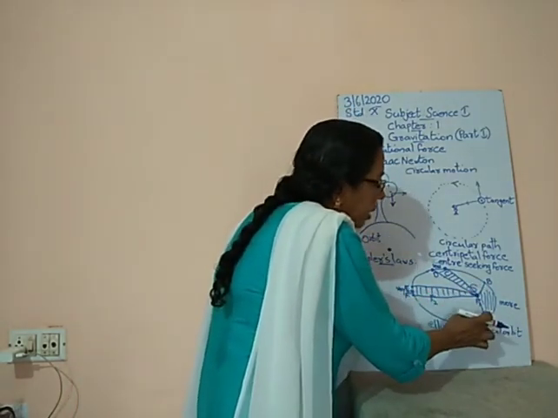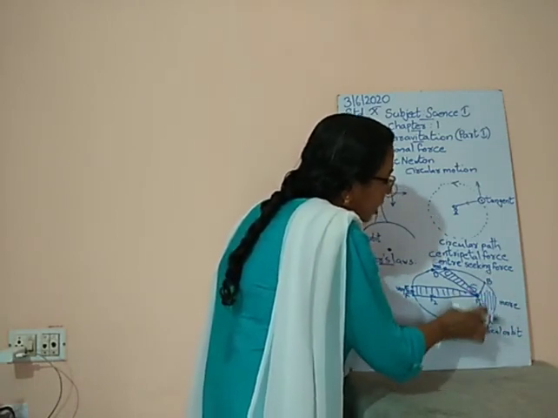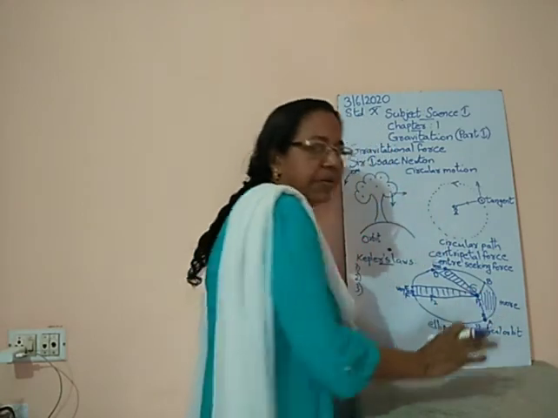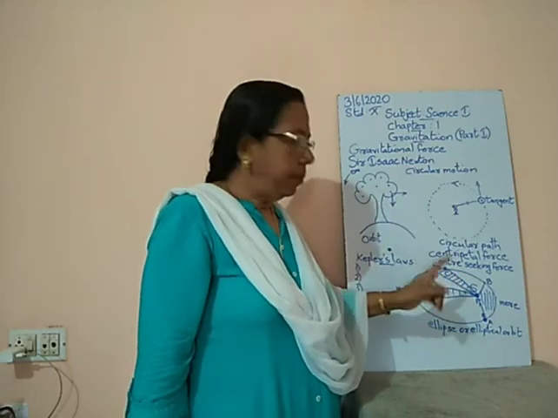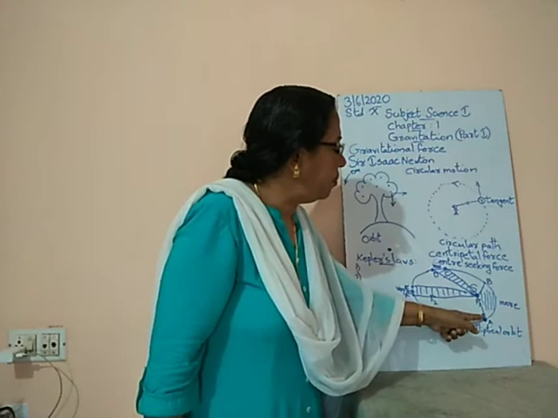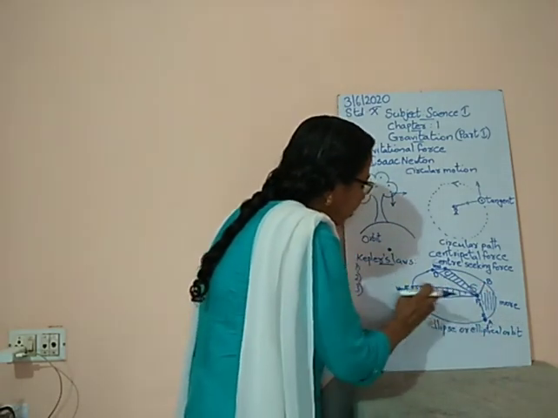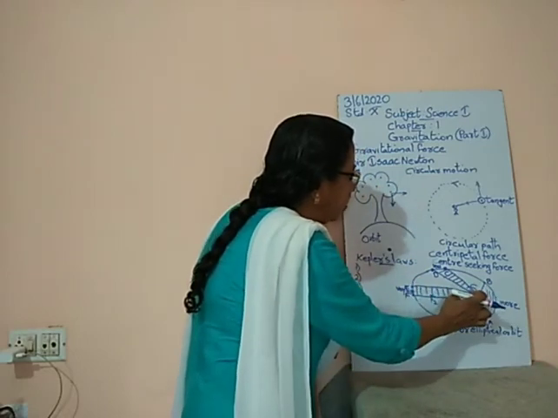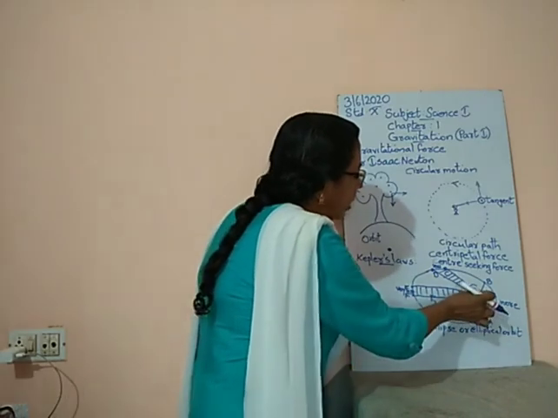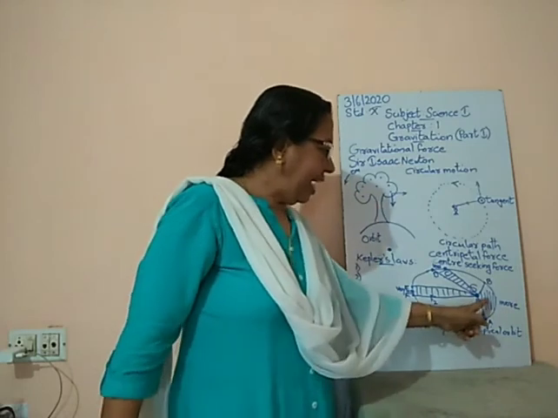Here, the attraction between the planet and the Sun will be more, not between the planet and the Earth. At the same time, at this distance, the attraction between the Sun and the planet will be less. Here again it will be less. So because of that, the area covered by